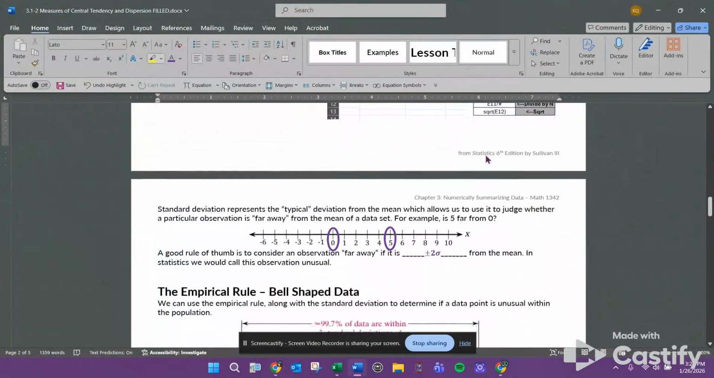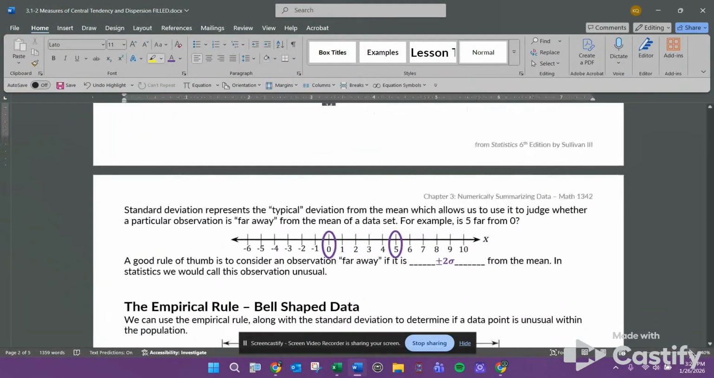What does standard deviation actually tell us? Thank you so much for asking. Standard deviation, since it represents the typical deviation from the mean, it basically allows us to judge whether a particular observation is far away from the mean of the data set. For example, if I were to ask you, is 5 far away from 0? So I have 5 and 0 circled here. 5 is not that far away from 0 unless